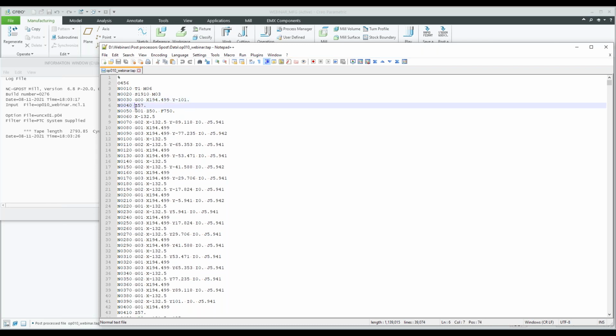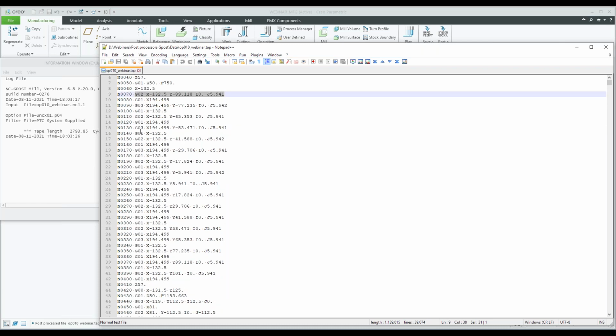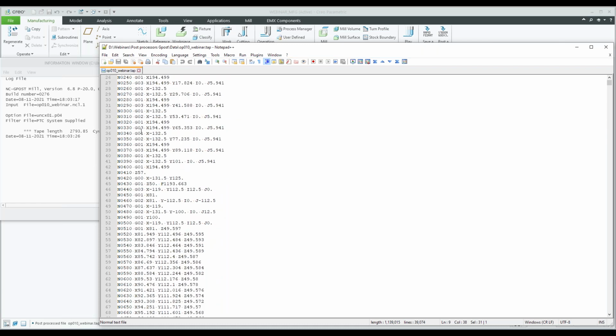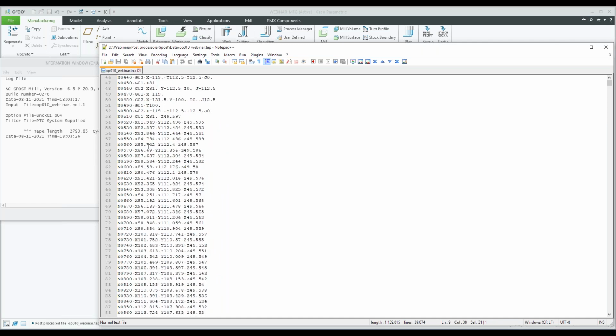A Z height. Okay, and then it's going to move G1, and then there's a G2 move. Okay, and it's outputting I and J values for that, so it's not an R value. And we sort of know about that. And we can go through the code, and it looks fairly good